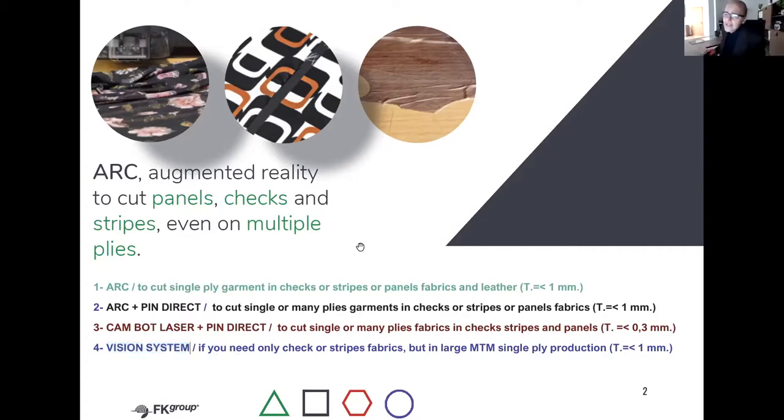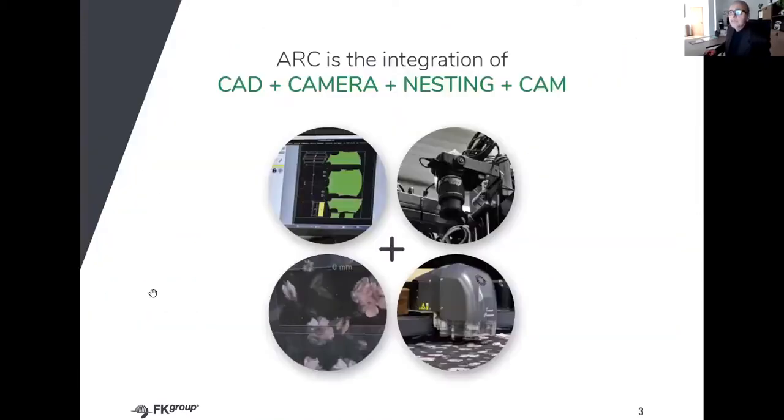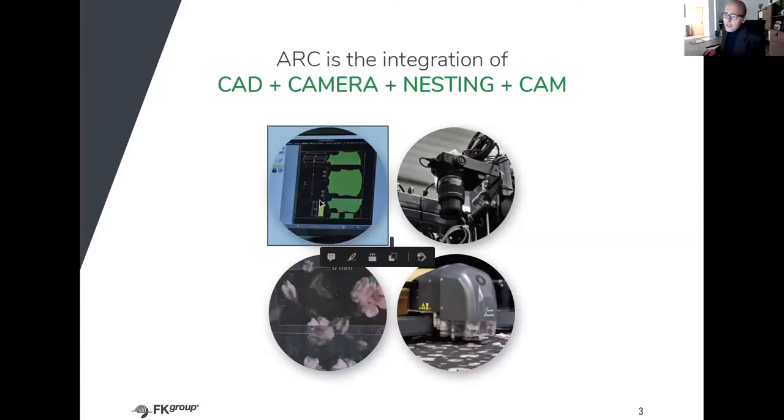Okay, let's start with the first point of our webinar, ARC. ARC is an integration between CAD, our CAD, a very important point when we talk about CAD. The solution that we will provide does not need any CAD behind it.